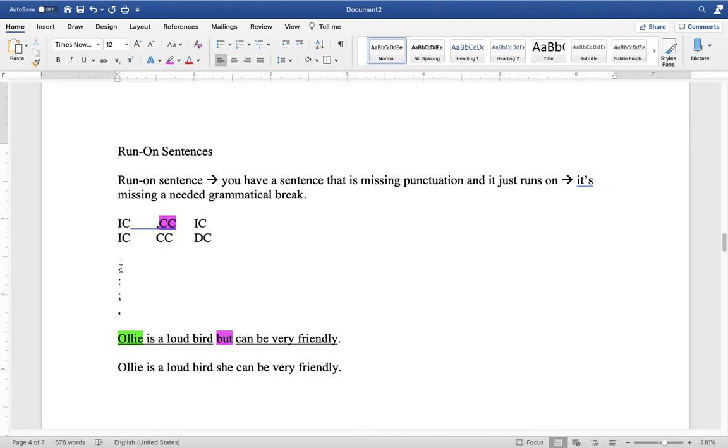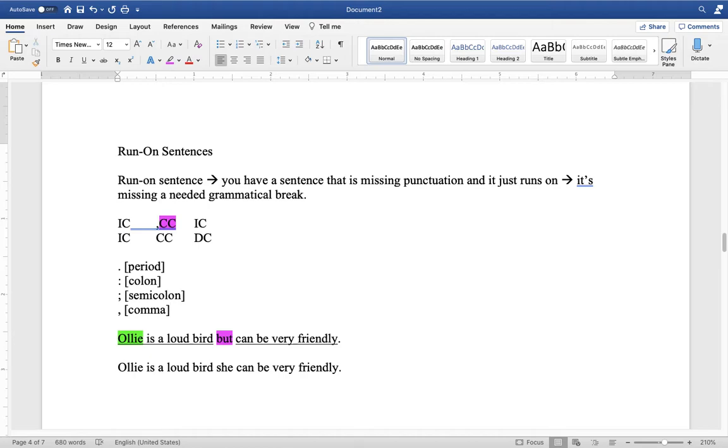And so you have the period, which is a full stop. You have the colon, which is the next most almost full kind of stoppage. You have the semicolon, which is a medium kind of stoppage. And then you have the comma, which is the least kind of stoppage between